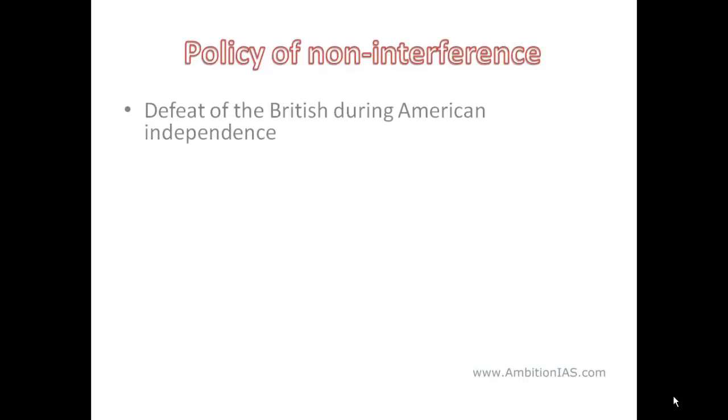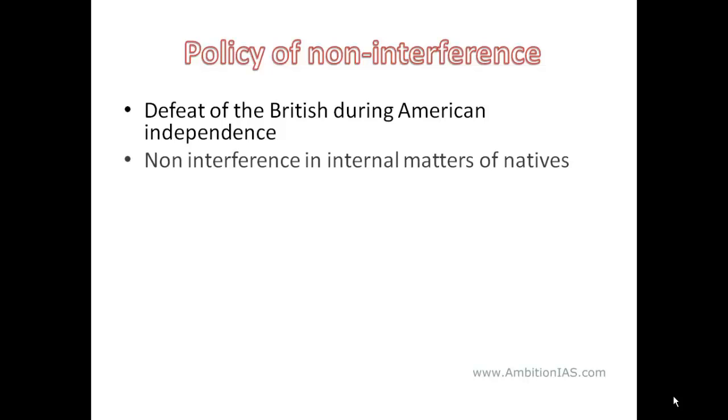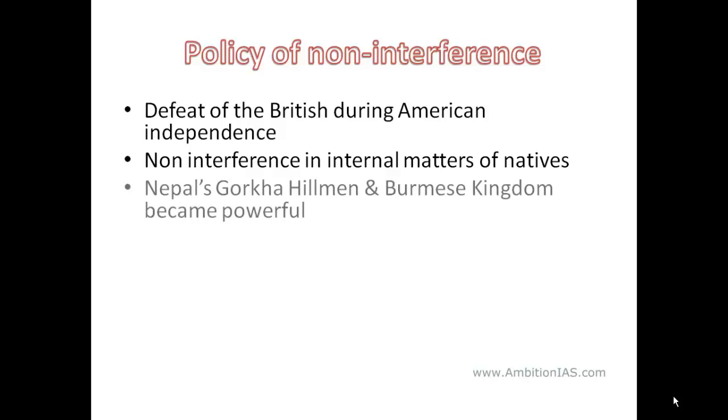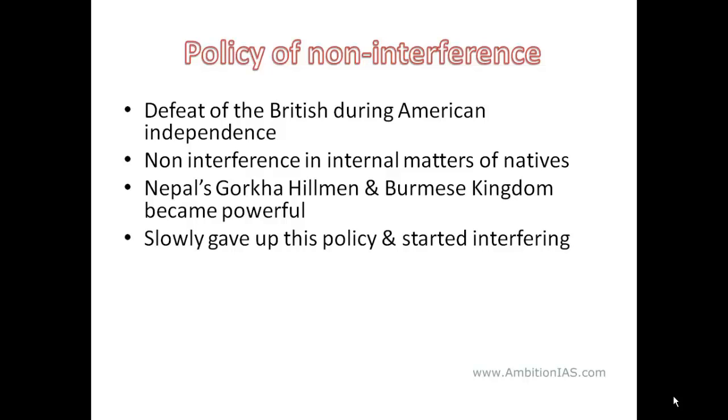The British followed a policy of non-interference owing to their defeat during the American independence, precisely around 1785 onwards. They eventually decided not to interfere in the internal matters of the natives back home in India. It was during this phase of non-interference that the Gurkhas of Nepal and the Burmese kingdom became powerful. But with their impending trade interests and their policy of expansion, they slowly gave up this policy of non-interference and started interfering, which was eventually seen in their interference in the Third Anglo-Mysore War